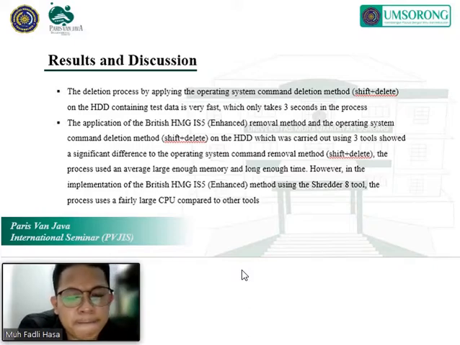Using the British HMG IS5 Enhanced removal method needs more time.